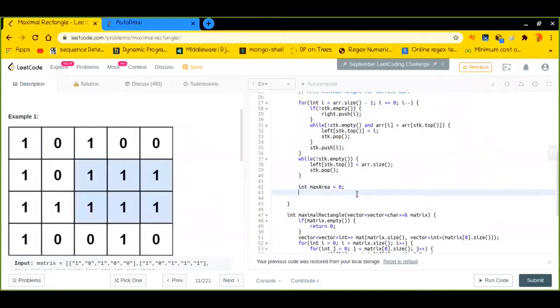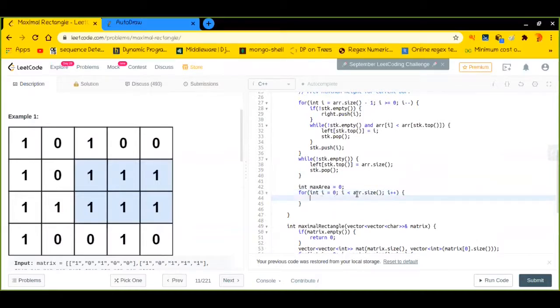So let me traverse the array. The max area will be the maximum of the current max area that I have found so far, and the area of the current bar. What is the height of the current bar? The height is array of i. And what is the width?